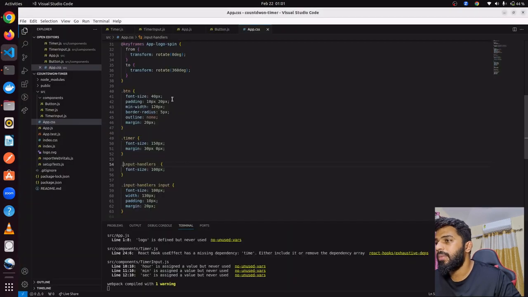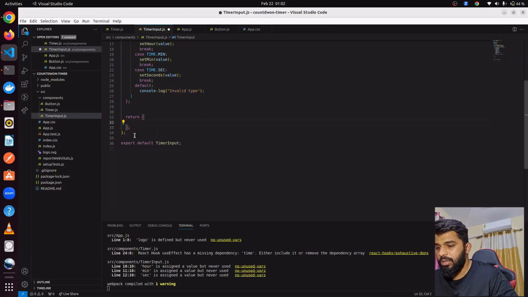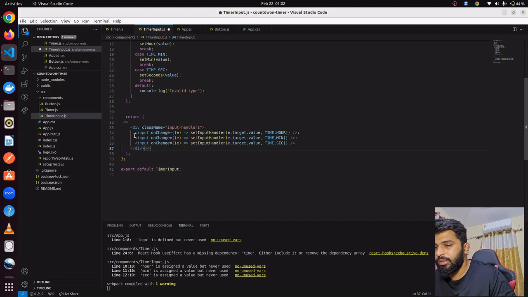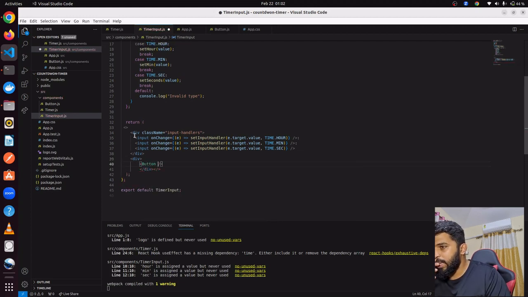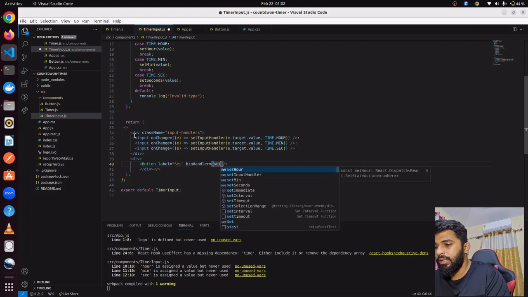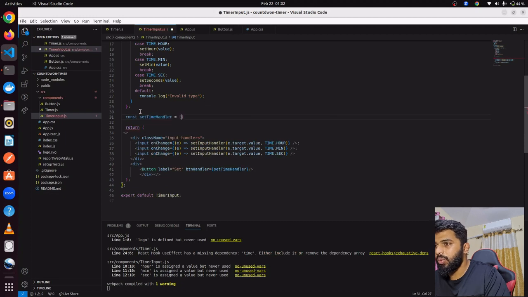Yeah, now it looks better. Let's just add one more thing. I need to add a set button, so it is like a button, and what it will do is label as set, and the input button handler is the set time handler. Okay, so it will be set time handler,